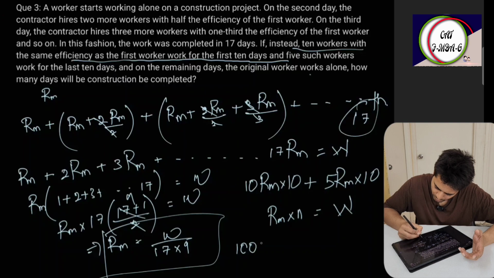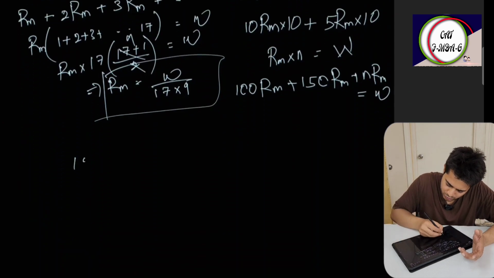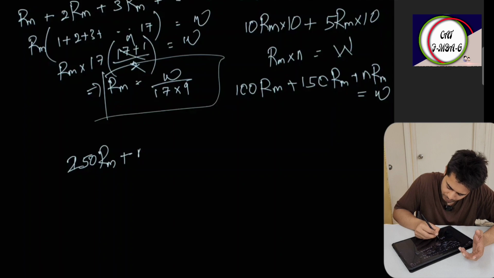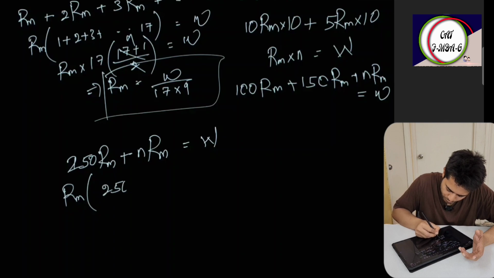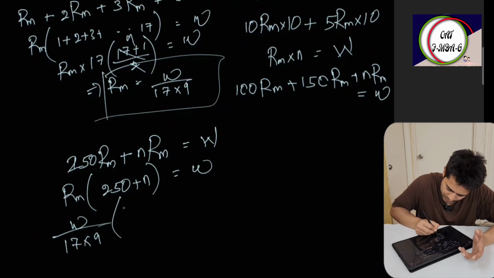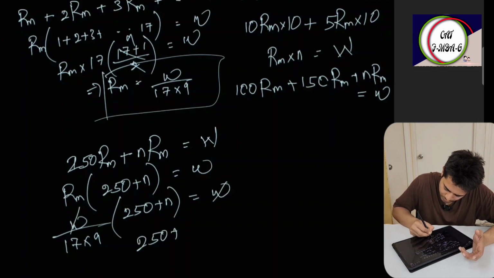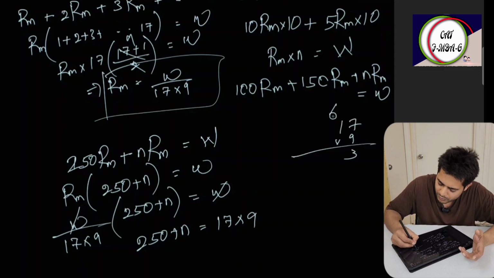So 100 RM plus 150 RM plus n RM is equal to W. So 150 RM, sorry, 250 RM plus n RM is equal to W. So RM into 250 plus n is equal to W. RM is equal to W upon 17 into 9, so 250 plus n is equal to 17 into 9. So if you do 17 into 9,